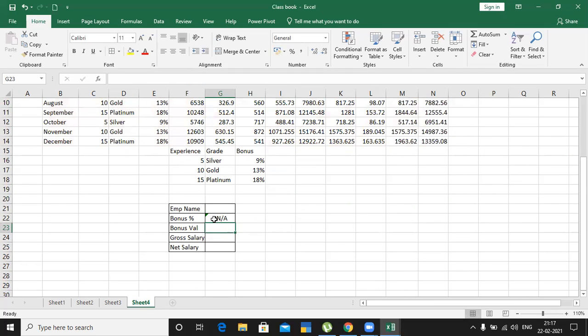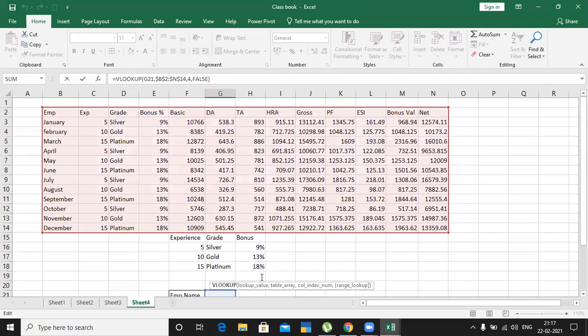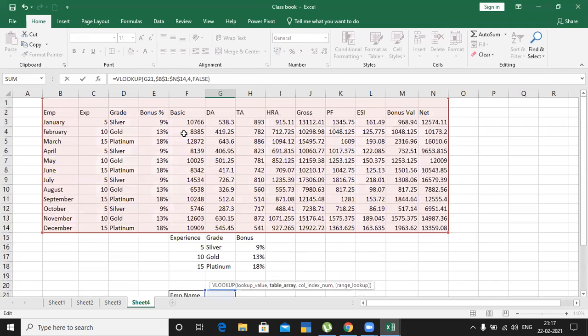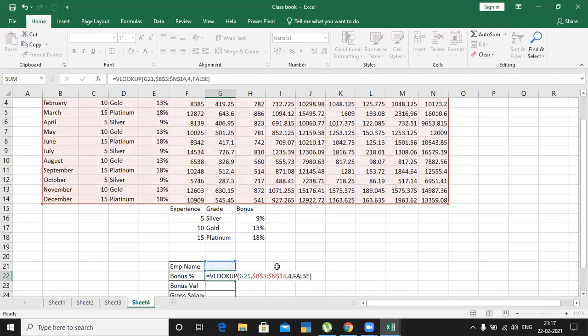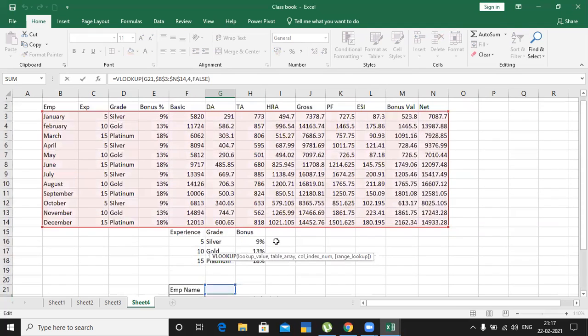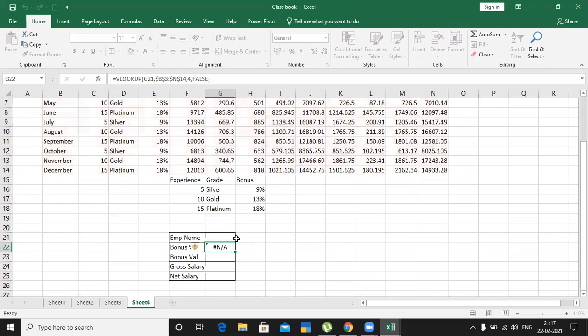Now something is showing wrong. Okay, because I have to make this B3. Press enter. Is it correct? Now why is it not showing any value?